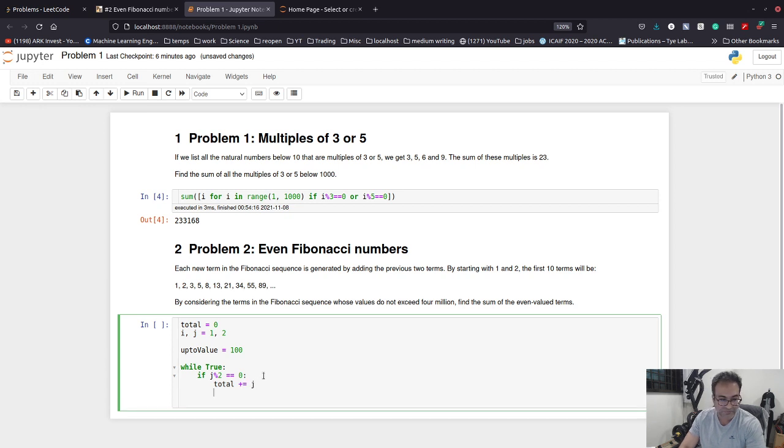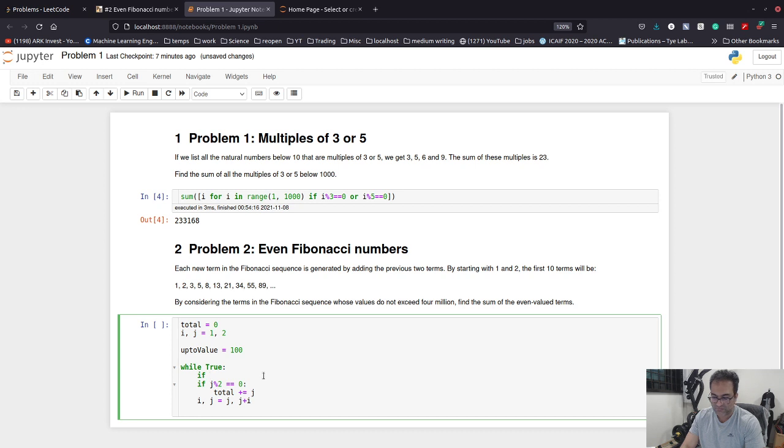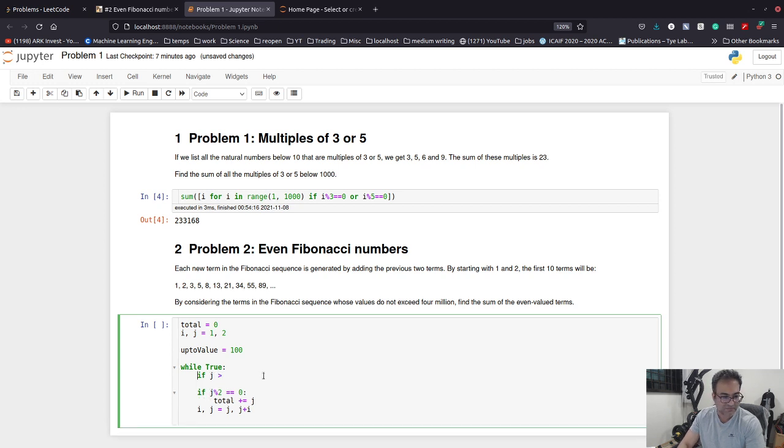J. Okay, and then we advance I and J. I and J equals J and J plus I. This is J plus I and J, like that. And let us say if J is greater than up to value,